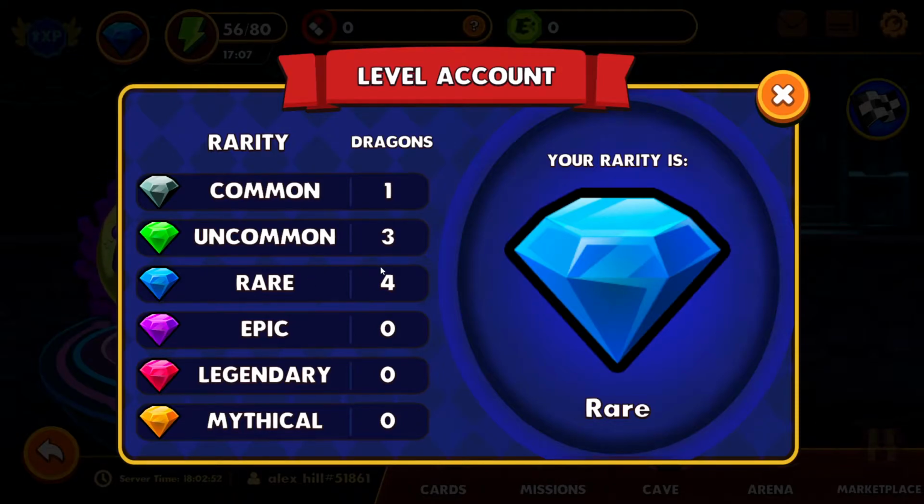Your account rarity will be uncommon. That's because you have more uncommon dragons than rare dragons. To solve this problem, you can either breed or buy another rare dragon or disenchant one of the uncommon dragons. That will mean that you will have 1 common dragon, 3 uncommon dragons, and 3 rare dragons, and that will